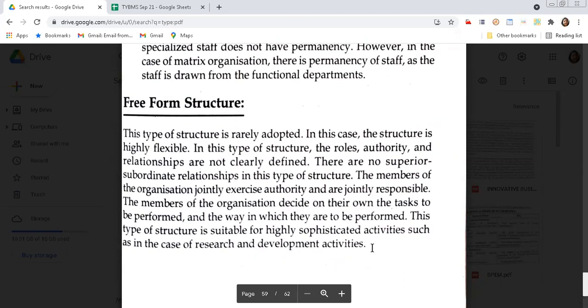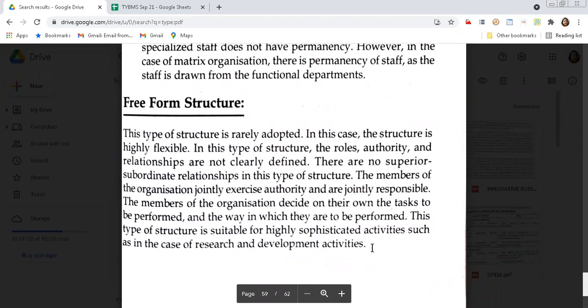So what happens in a free form structure? There are no proper guidelines or proper roles, authority and relationships specifically defined. As we compare to all the previous organizational structures, where we had seen a definite pattern of relationship, in this free form, such patterns of relationships are not there. Instead, it is very much like a cordial type of relationship where there are no superior-subordinate relationships. They take the decisions jointly, they exercise authority jointly, they can decide their own tasks which are supposed to be